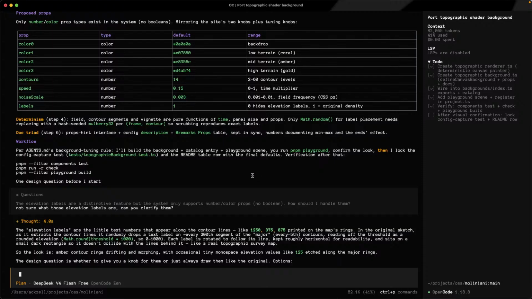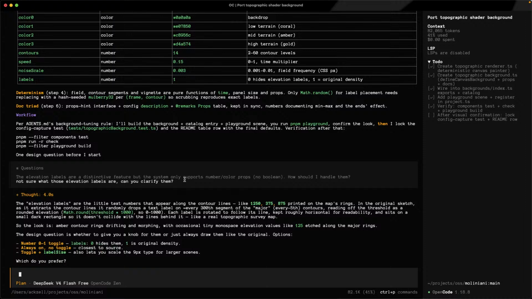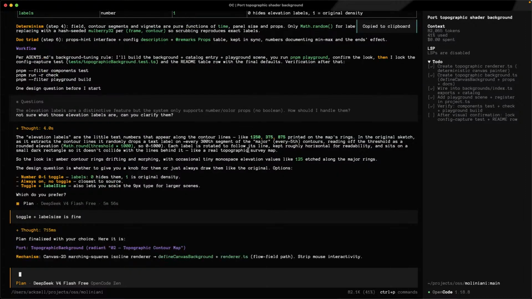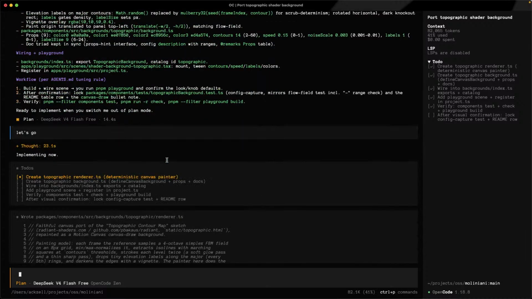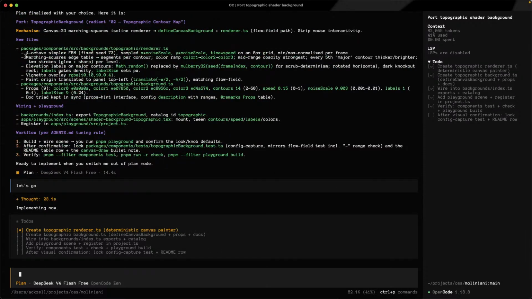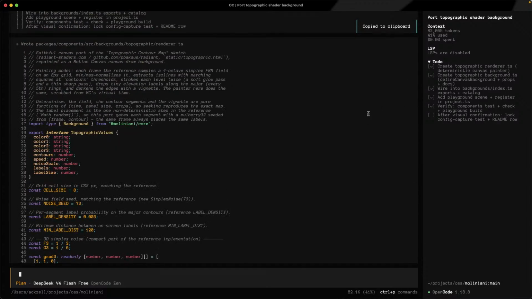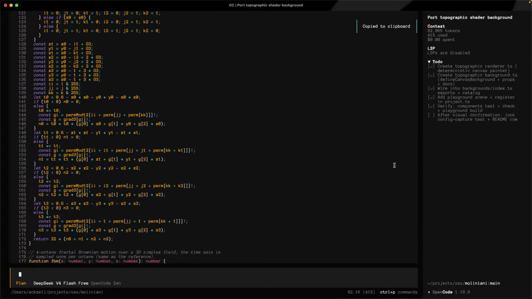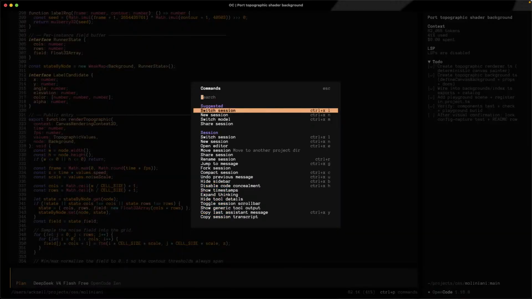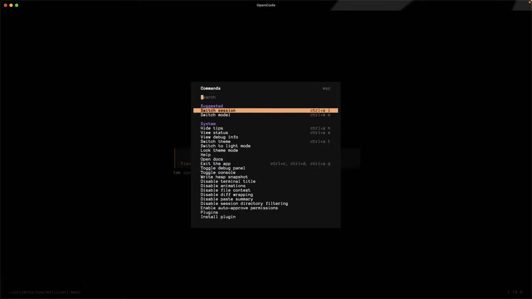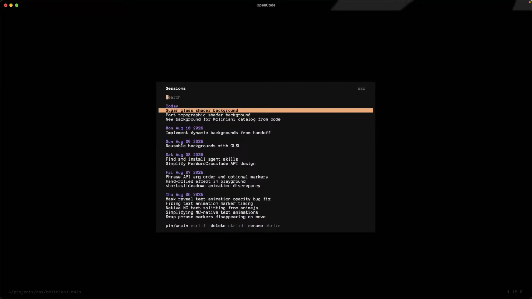And then, yeah, I asked a couple of questions. What are the labels? I don't see labels on the website, things like that. And then once I'm okay with the whole plan, I ask it to implement it, and it goes and does that. Let me go back to another session now. Switch session. And the latest one, I think it's this,